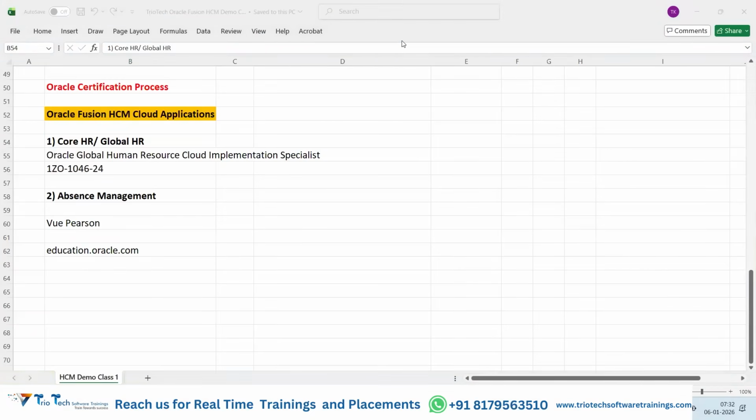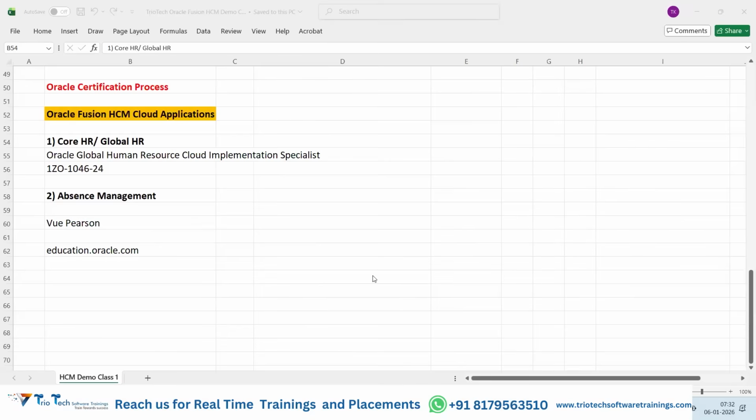Shashidara, no audio from your side. Am I audible to everyone, team, or only Shashi? Yes, it's audible. Yes, you are audible. Shashi, try to check your microphone connection, or if you're using any earphones, try to disconnect and